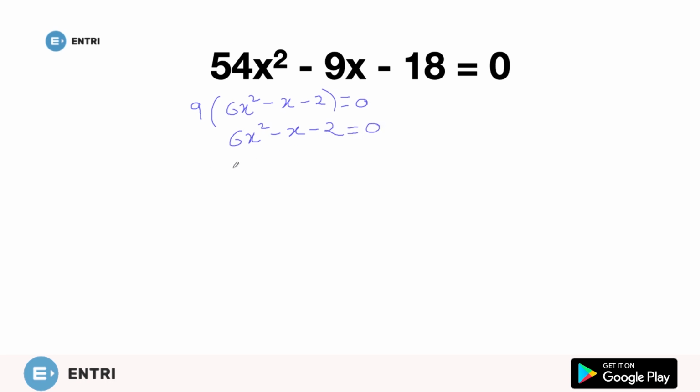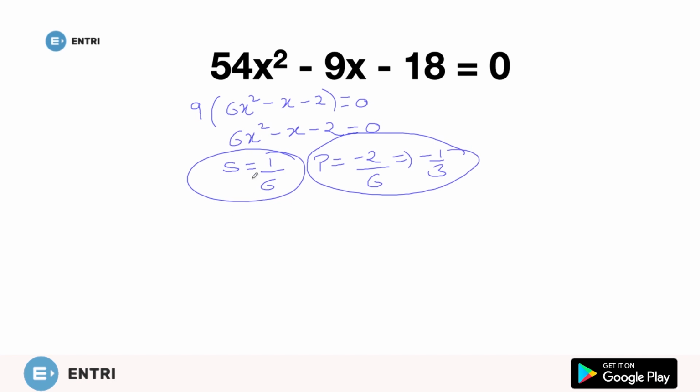And I know what will be the sum of it. The sum of it is going to be 1 by 6. And since its sum is 1 by 6, what will be the product of it? And I already told you that the product of the roots is c by a. What is c here? Here c is minus 2, and what is a? Here a is 6. So its value is going to be minus 1 by 3. And I already told you, for taking the roots, what I do? I take its half. What is the half of 1 by 6? Its half is 1 by 12.